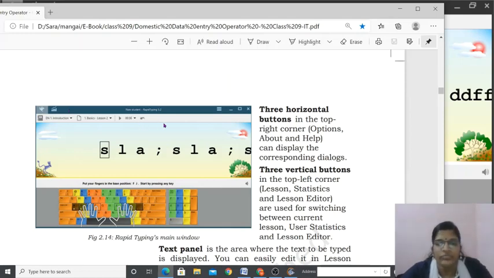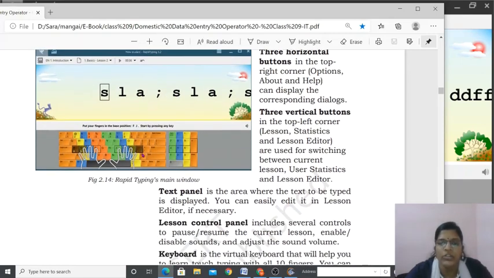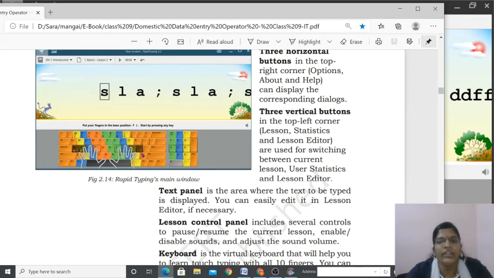Got it? Next is the text panel. Here only we are typing, right? It is the area where the text to be typed is displayed. You can easily edit it in the lesson editor if necessary. Then the lesson control panel includes several controls to pause and resume the current lesson, enable or disable sounds, adjust volume and everything.